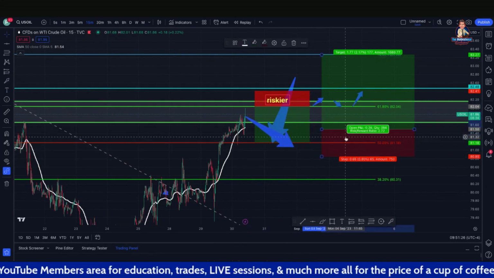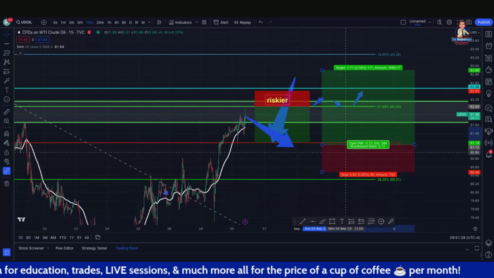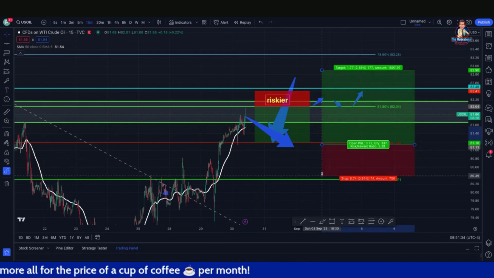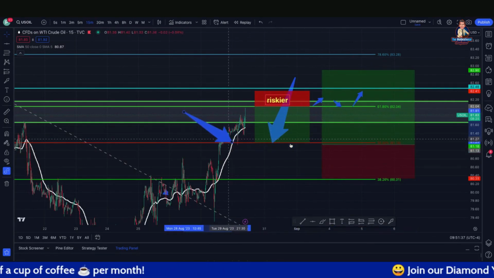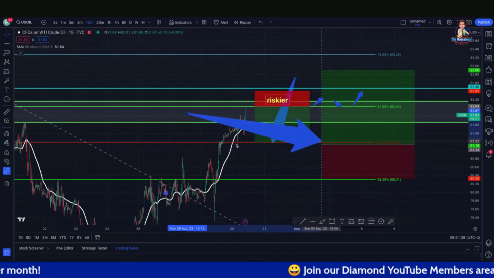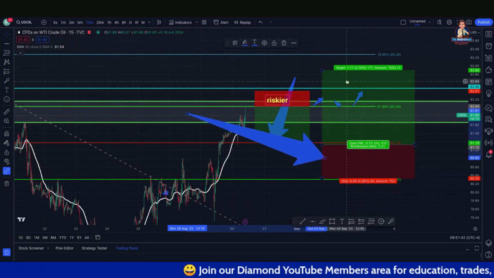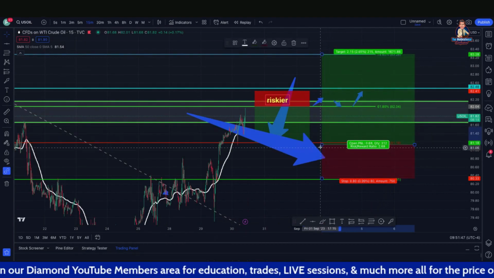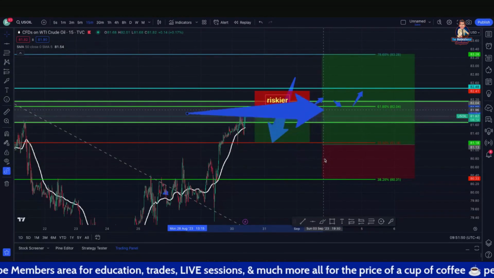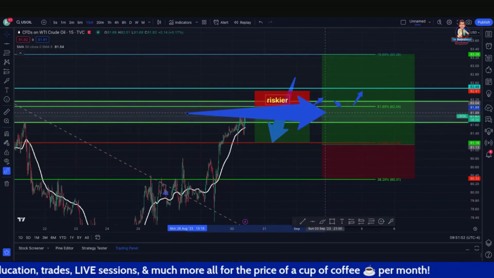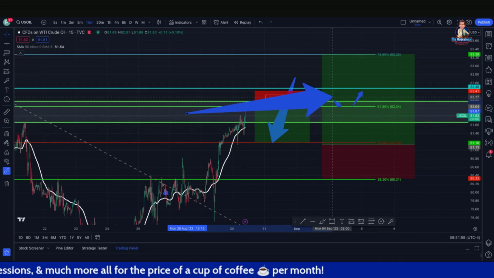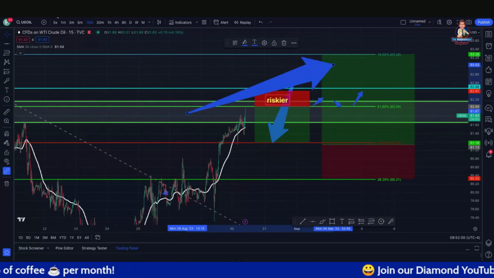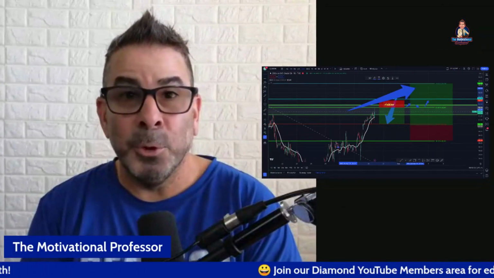So again, you can extend this. I'm actually going to put this at this fib level. Actually, this is a good level right here. I'm going to put this back at this fib level. I think this makes better sense because I just noticed this wick right here. So I'm going to put this as a possible entry with stop loss, but taking this back up as far as this high, which is now a nice almost 3-to-1. But keep in mind that you do have resistance here. If we break this resistance and we go above 82, we're going to move back up into this area. So again, a couple of different scenarios for you to play with.